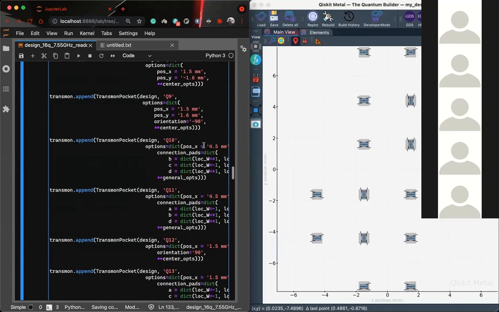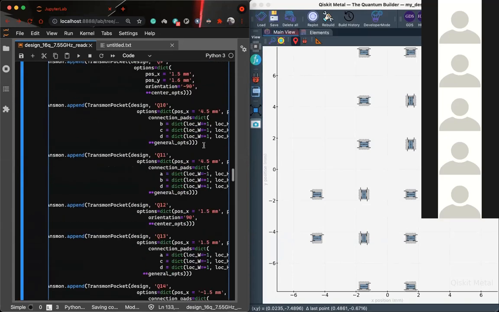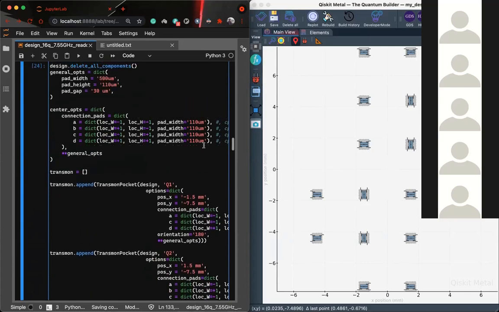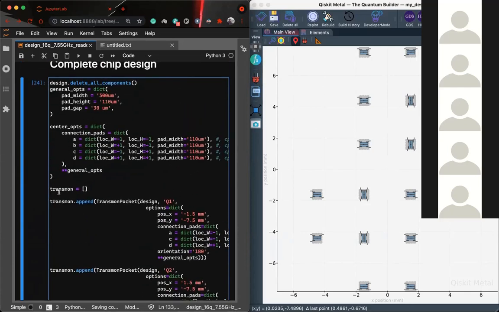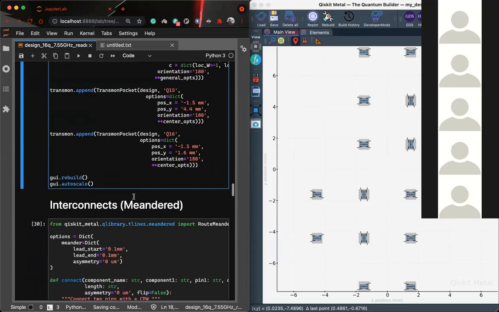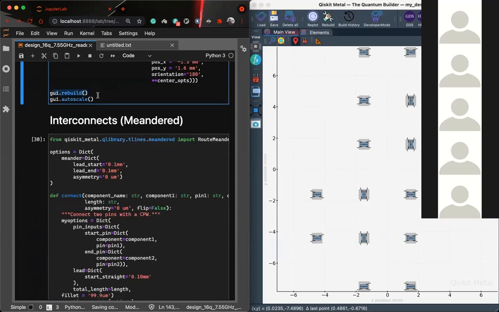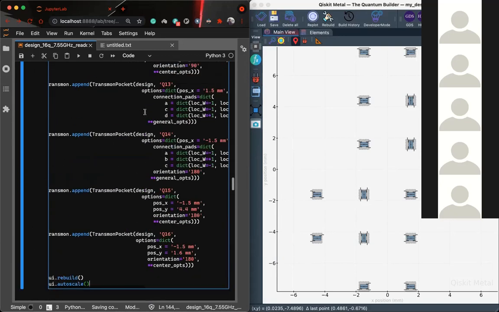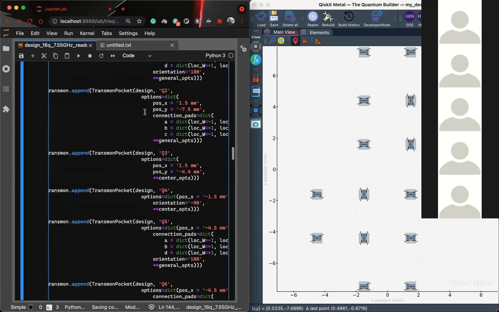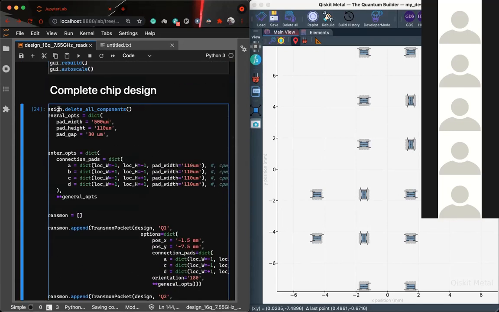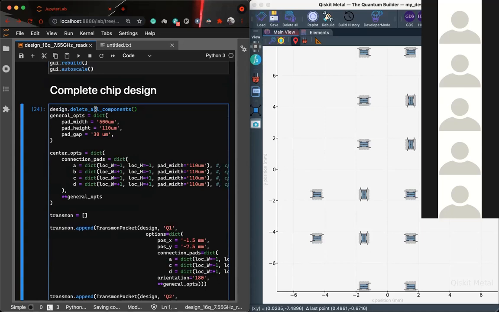We have appended all these things into this transmon array, and then we are finally rendering it by using GUI rebuild and GUI autoscale. These are the two functions that you will need very frequently, and one more, design.delete_all_components.